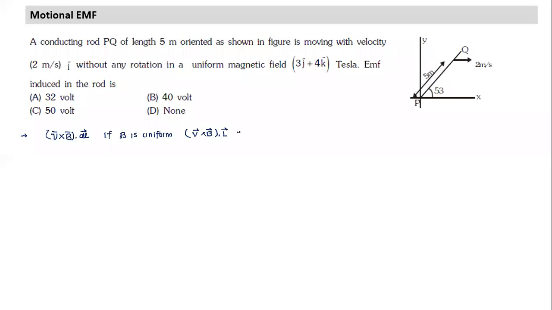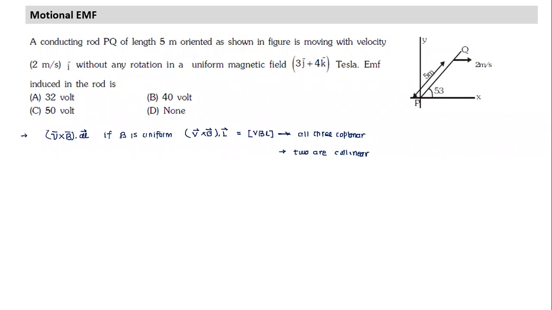And this is nothing but a triple product, so it follows the properties of a triple product. There are two cases when a triple product is zero. Can you tell us what they are? One case is when all three vectors are coplanar. The other case is when two of the vectors are collinear. If two are collinear, the cross product becomes zero, so any two vectors being collinear also leads to zero.